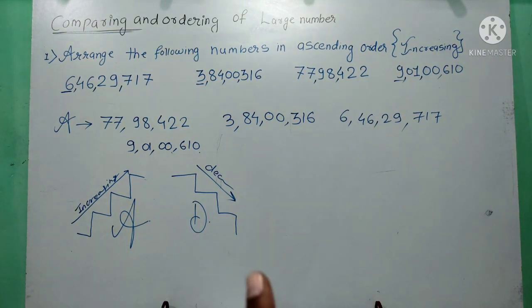And if you want to write the same question in descending order, what will you do? We have to take the greatest number first. Okay, we will take the biggest number first. So just write the reverse order of this order. Then you will get the descending order, which is the decreasing order of the numbers. Okay, so I hope you understand about the topic of ordering and comparing large numbers. Regarding the related questions in the exercise, there are some questions based on this topic, so you can solve these questions and try to solve them.